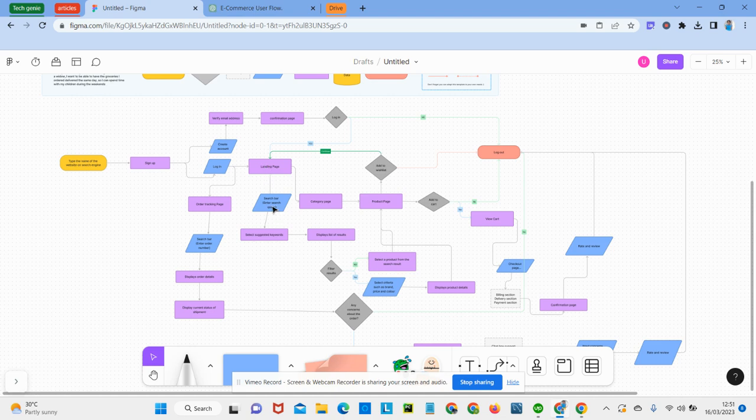The user can say, okay, I want to buy a bag, and then put "bag" in the search bar. Then there will be suggested keywords, maybe Gucci bag, Louis Vuitton bag, or they can be suggested keywords like children bags, adult bags, female bags, male bags, things like that. When you click on those suggested keywords, the process is that it has to display a list of results